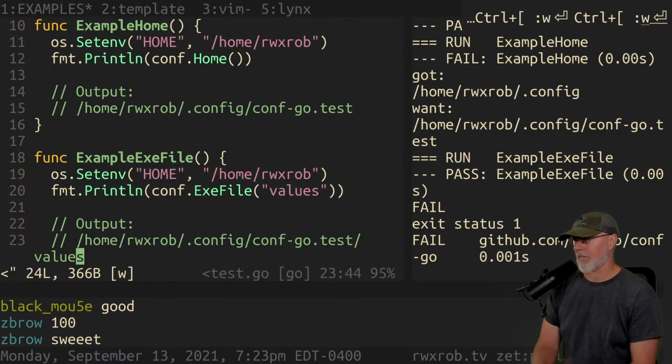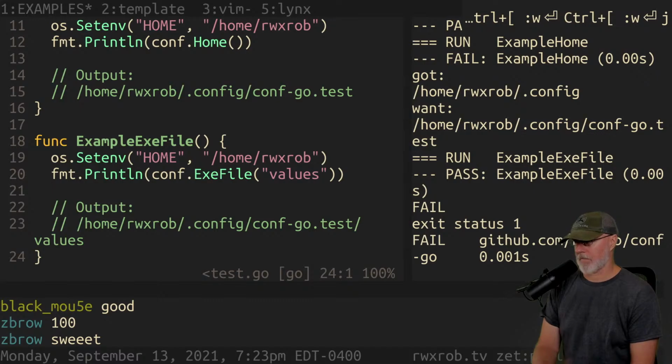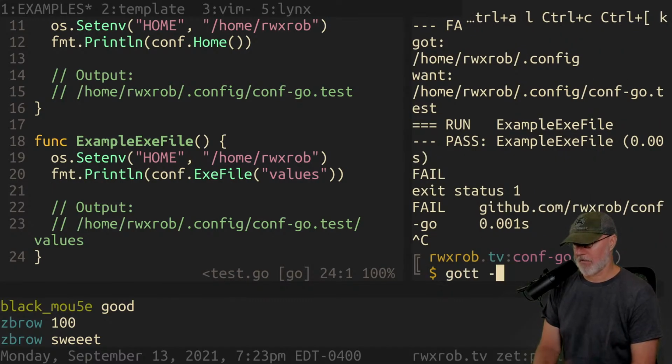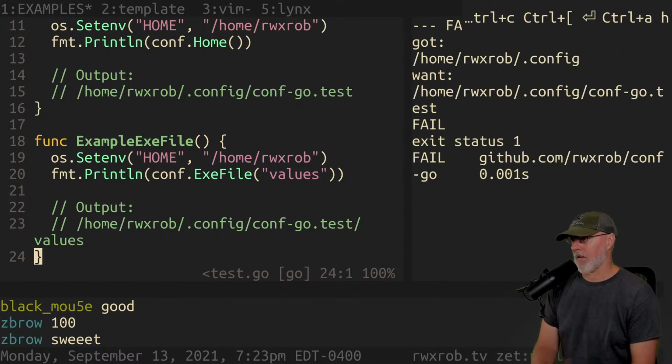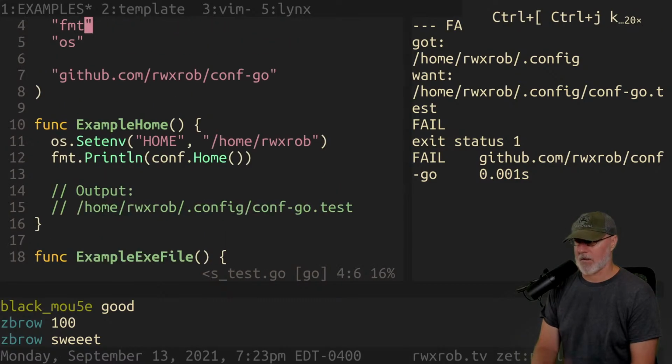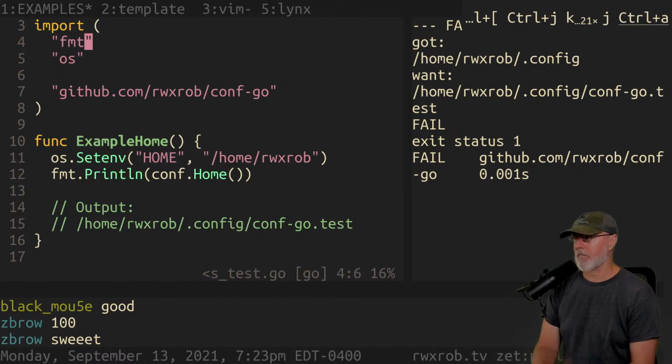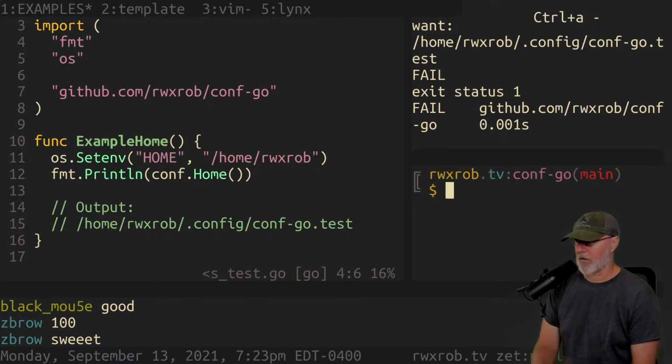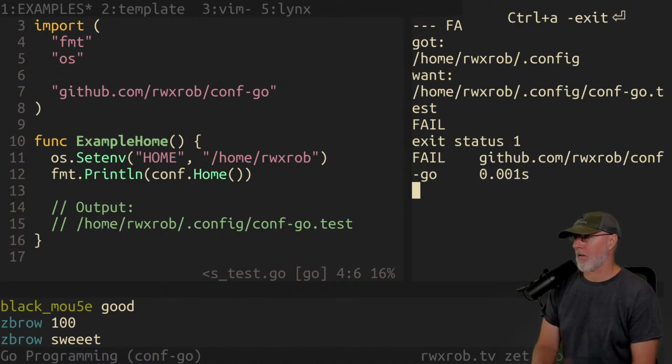That should pass. And what else do we have? I need to drop the -v. It's getting in the way. So we have another one failing. Let's see. Conf. What is that test for? I can't see it because it's hidden. You know what?